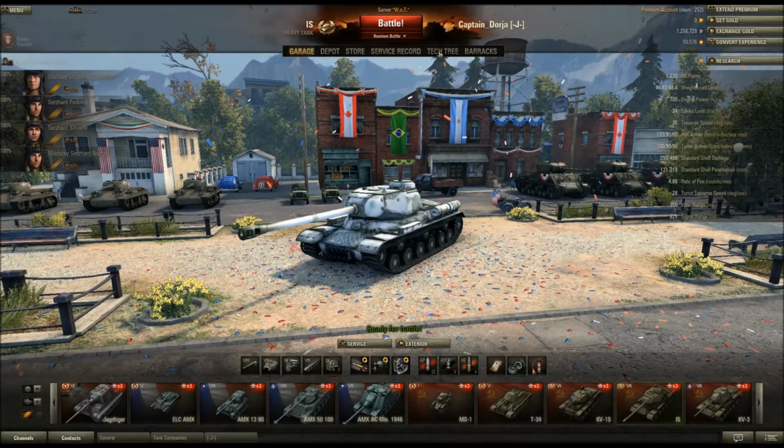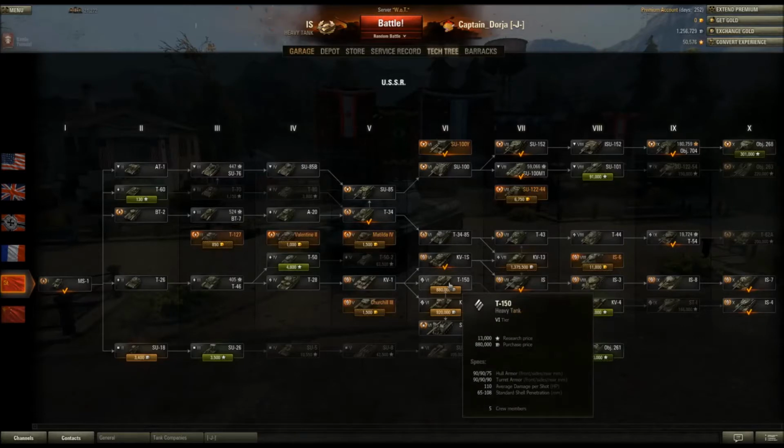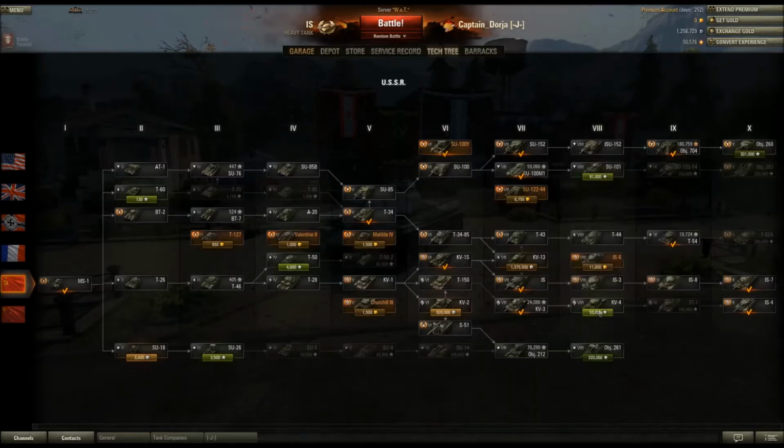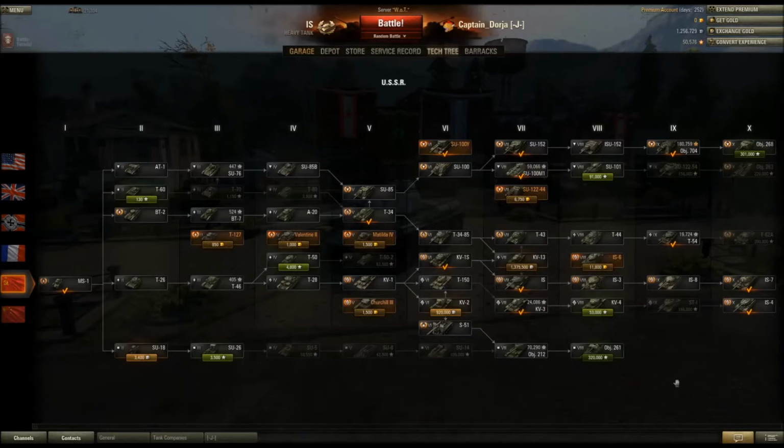If we take a quick look at the tech tree here, as you can see, starting from the KV-1, the Soviet tech tree branches off into two heavy tank lines. You have the T-150, KV-3, KV-4, ST-1, and IS-4. Those are the slower, more heavily armored options. Or you can go to the KV-1S, to the IS, to the IS-3, IS-8, IS-7. And that is the quicker, more lightly armored